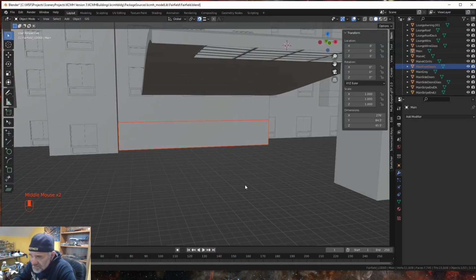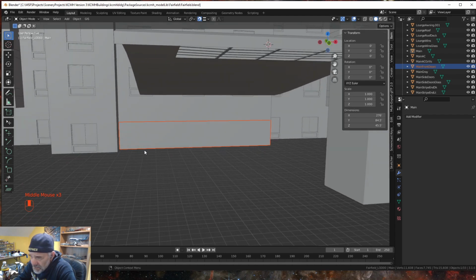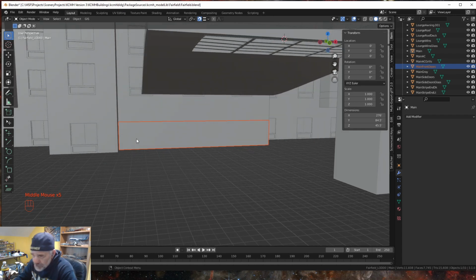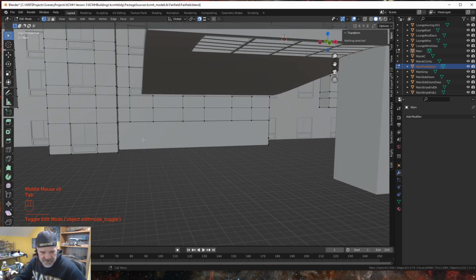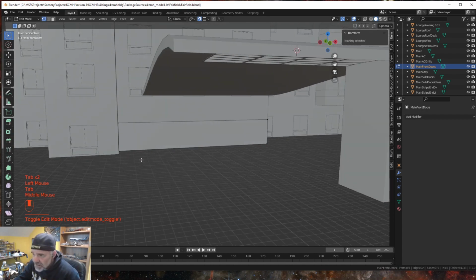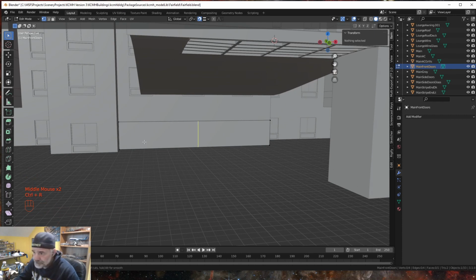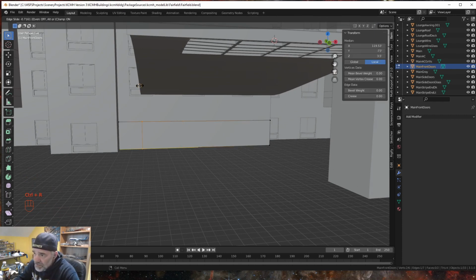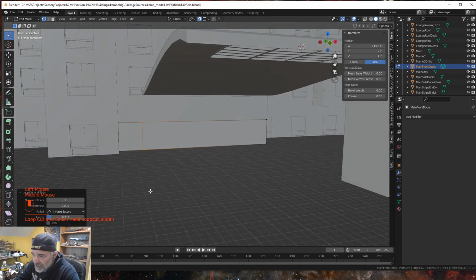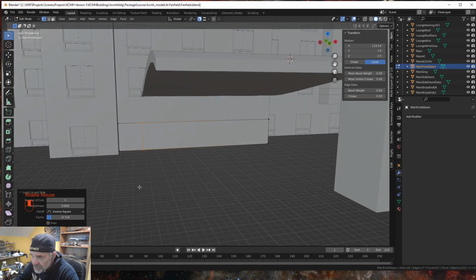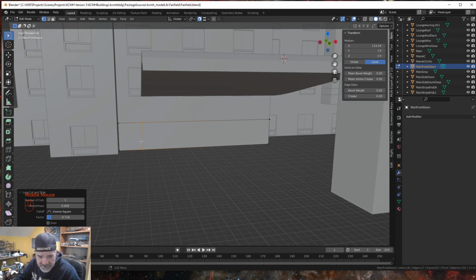Alright, so I am going to go into edit mode. Oops, wrong object. Go into edit mode, and I'm going to put a slice right below this canopy with a loop cut. And I'm going to go right to here. Alright. Then I think I'm going to move that over a little bit, because this window isn't really that big. So I'm going to move that over in the X,